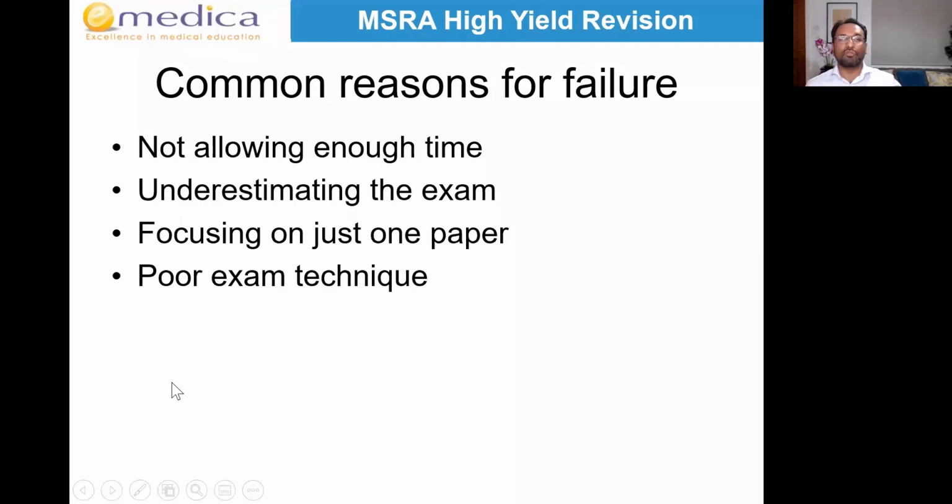So I'd say the number one reason that people fail is not allowing enough time. And sometimes, it's that people didn't know that they had to sit an exam until after they'd applied because they hadn't maybe read up about the process in advance, or they decided quite late to apply for a specialty that uses the MSRA. Or sometimes it's just that people are really busy. They're in a busy job. They've got a busy life outside of work, maybe a young family. Like me, I've got 3 young kids. So you just don't have enough time, and they underestimate how big the curriculum is.